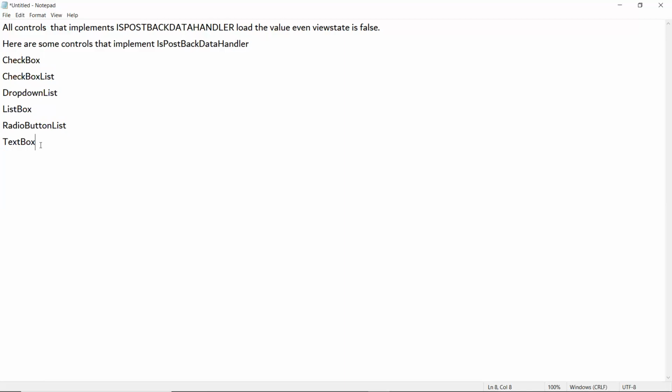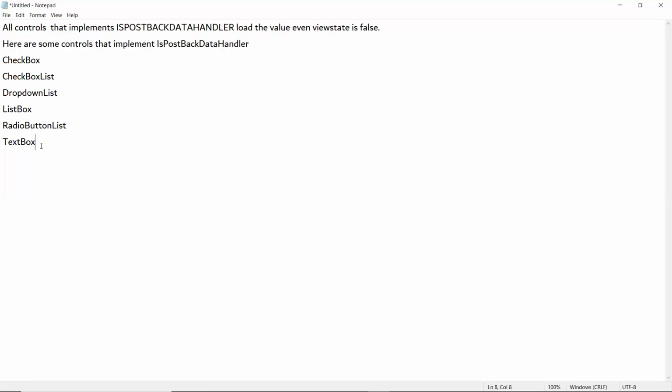View state is useful when the text change event is handled, to know the previous value and the current value. If you want to compare them, then only it is useful on these controls. It can also be used when the value being set is other than the one related to the control value, for example forecolor and back color. So to demonstrate the use of no view state,